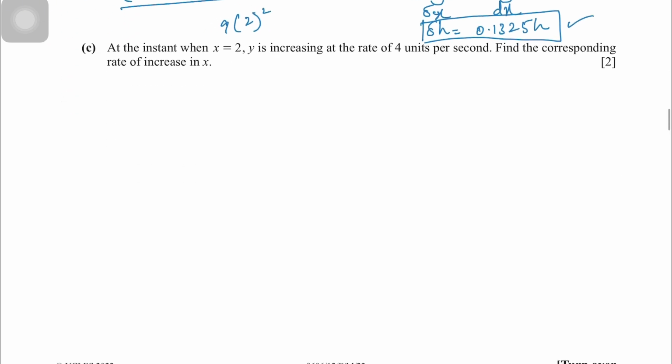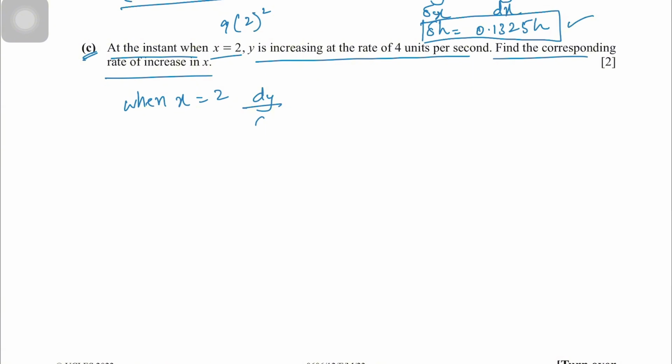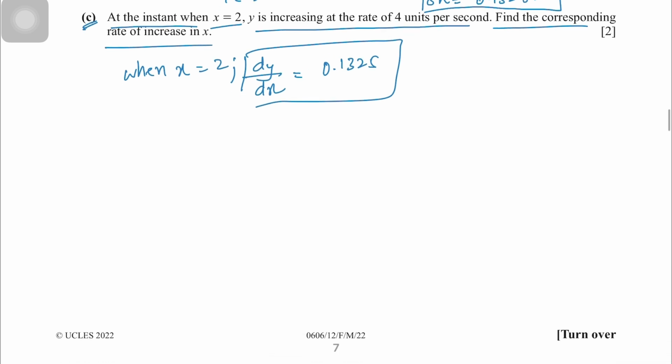Now moving on, we have our part C as at the instant when x equals to 2, y is increasing at the rate of 4 units per second. Find the corresponding rate of increase in x. So when x equals to 2, we have our dy by dx as 0.1325. This we have calculated in the previous part. So the chain rule can be written as dy by dx equals dy by dt divided by dx by dt. So we have y is increasing at the rate of 4 units per second. We have dy by dt as 4,